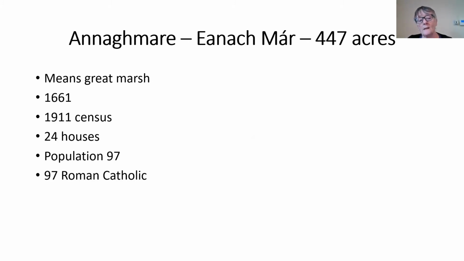So we looked at the 1911 census in terms of the number of houses that were in it, the population, and the religious makeup within that townland area. So they're all things that give us a sense of what the townlands were like at that time, and it's a good way of going through when you're doing the same for each townland. So the first one, Anamar,